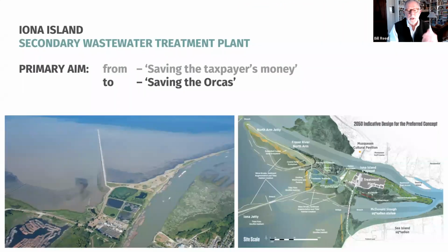A quick other example is a project we're working on right now. This is anywhere from an $8 to $10 billion infrastructure project in Vancouver, British Columbia. We had done one wastewater treatment plant previously, about 6-8 years ago, and the primary aim for that was